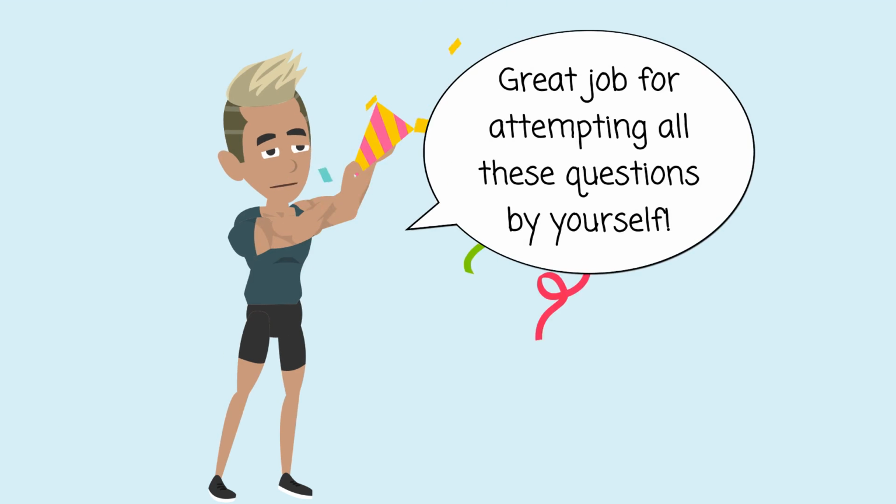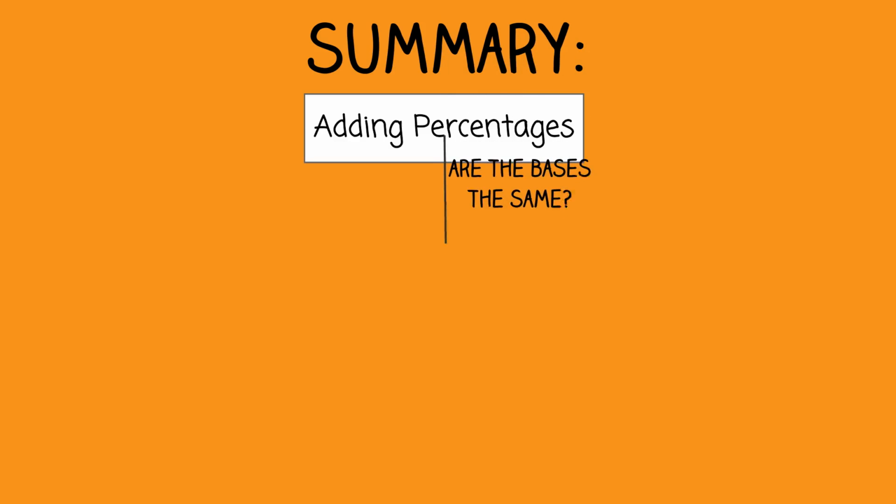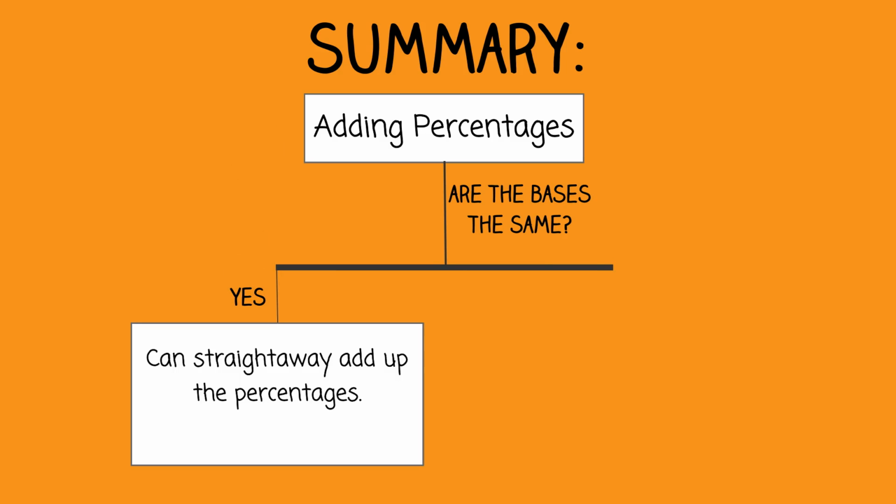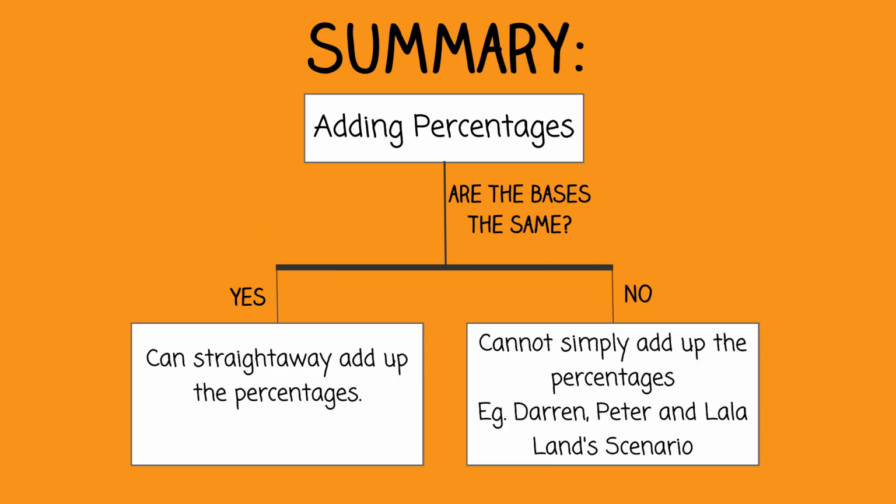Great job for attempting all these questions by yourself. Here's a summary of what you have learned in this video. When adding percentages up, we must be mindful of the bases used to calculate the percentage. If the bases are the same, we can simply add the percentages up. However, if the bases are different, just like in Darren's, Peter's and La La Land scenario, we cannot simply add the percentages up and say that is the total change. Instead, we need to perform some calculations before we can find the overall change in percentage. Just like what we have done in Darren's, Peter's and La La Land scenario,